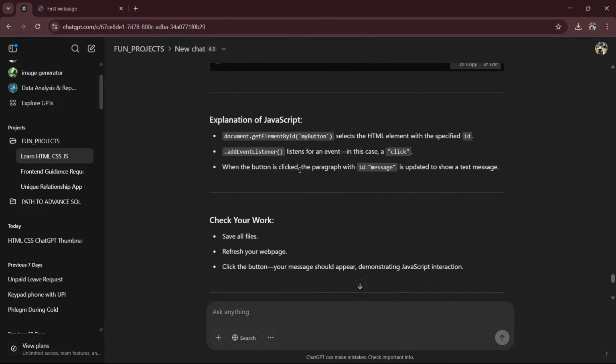When the button is clicked, the paragraph with ID message is updated to show a text message. Okay,